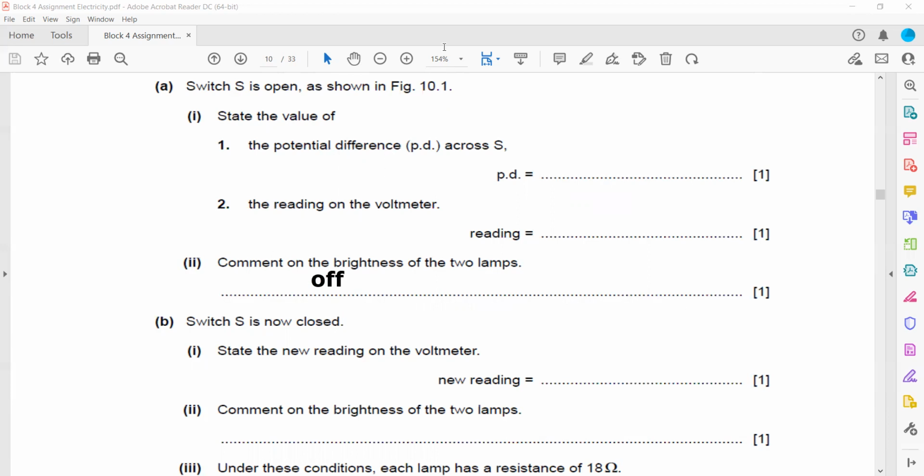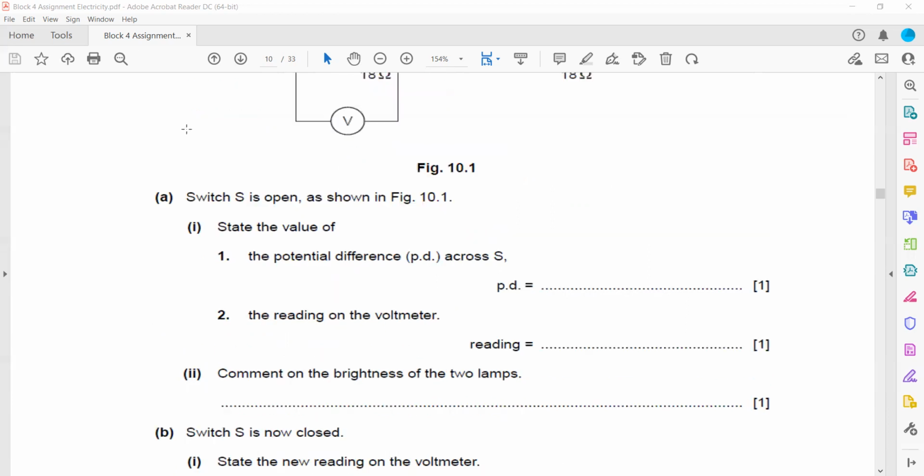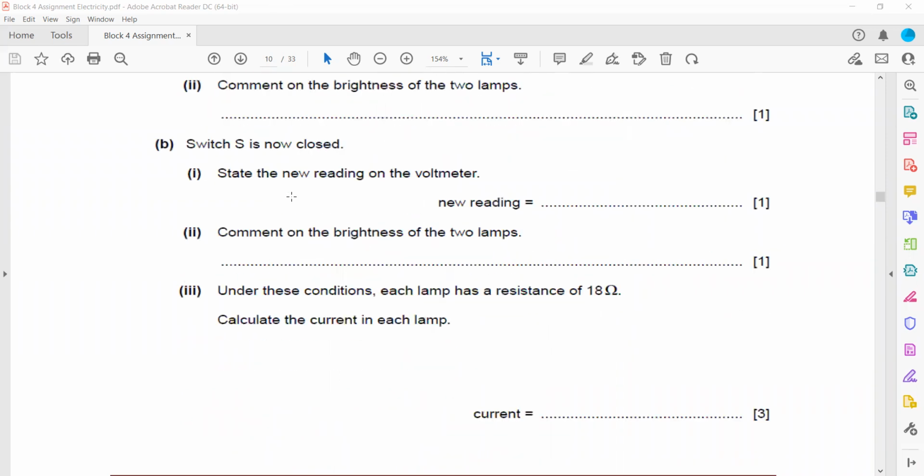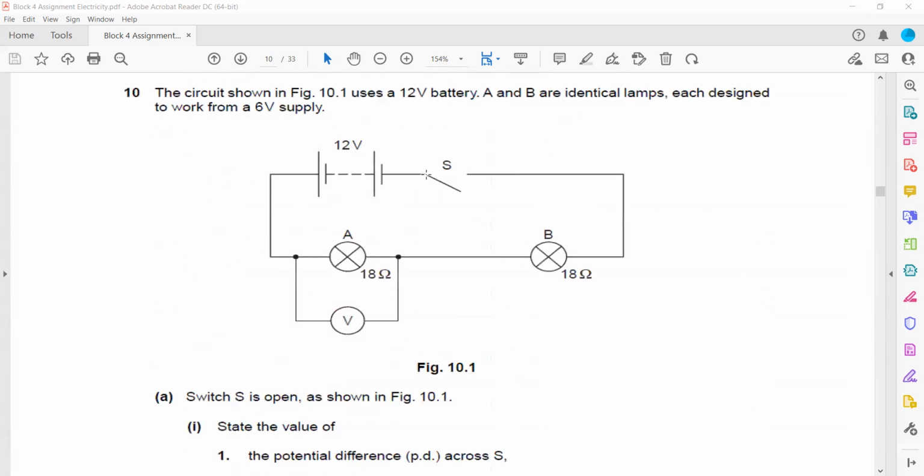Now the switch is closed. Closed switch means it is connected. So when we say a switch is closed, it means the switch is connected, but if we say the switch is open, it means it is not connected. Now state the new reading on the voltmeter. As I mentioned, when this switch is connected,